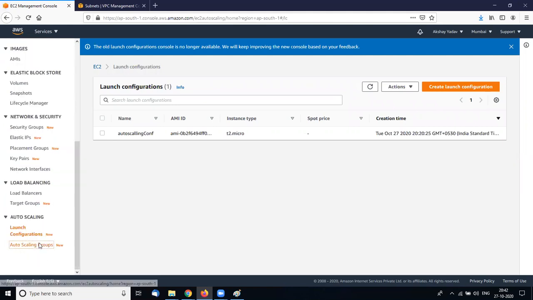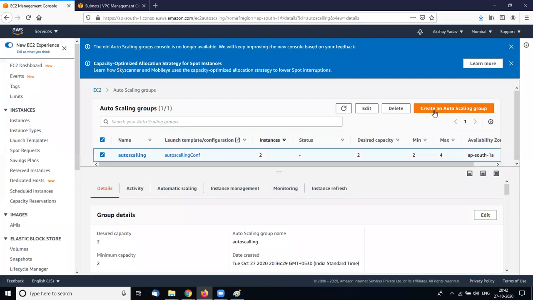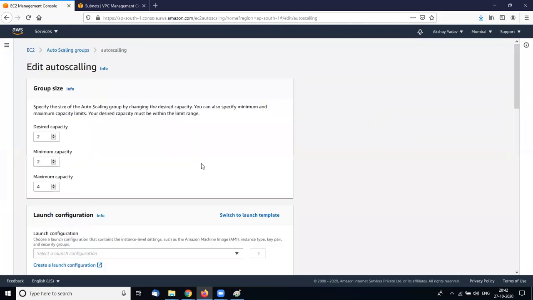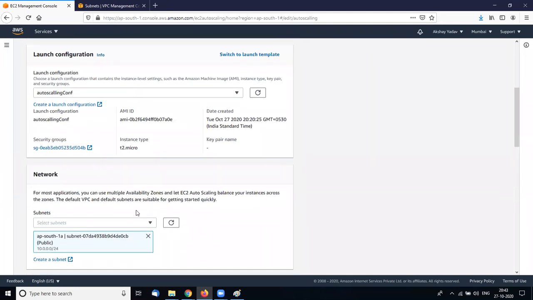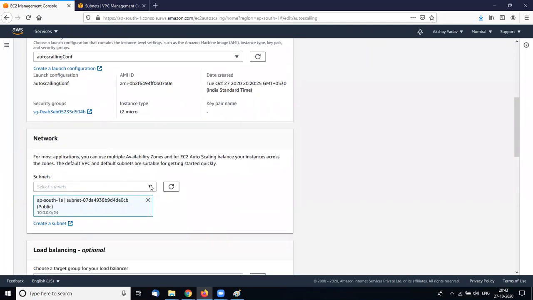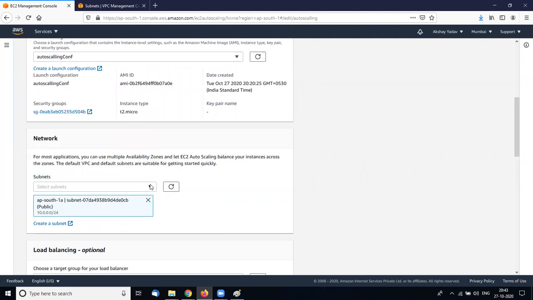Let's check. It's also a practical for us, the troubleshooting part. So edit, desired capacity, launch configuration, select subnet. I also have a private subnet.